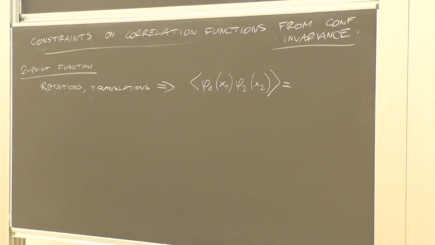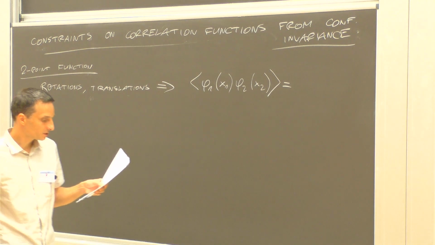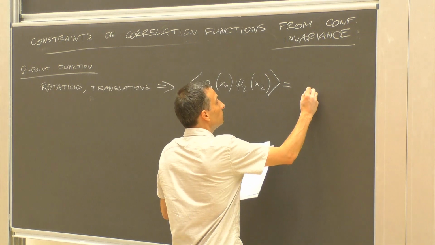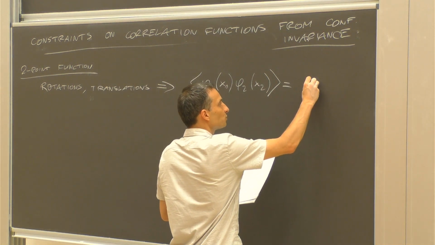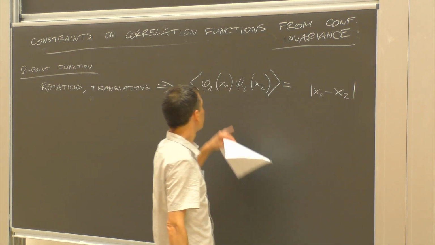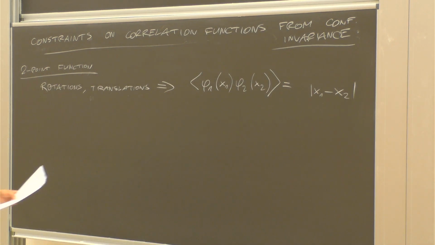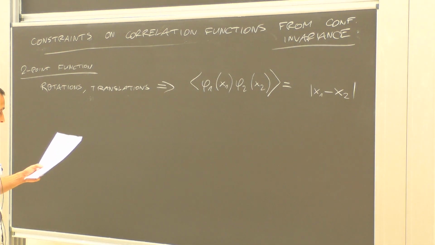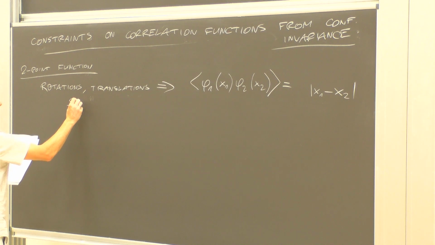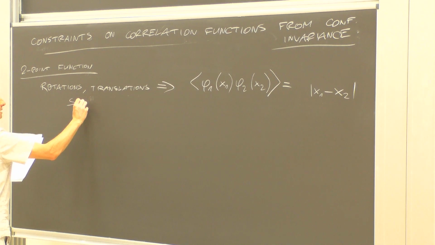If you would like to have invariance under translations and rotations, then you would expect that this correlation function should depend just on differences of these coordinates x1 and x2. And in addition, if you think of scaling transformations,